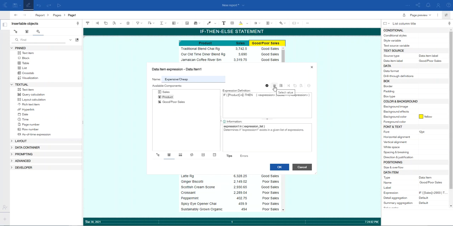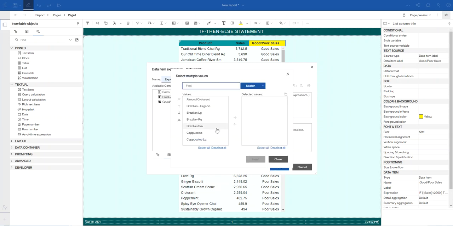As you can see, you have select value, and here we have select multiple values. Anytime you're using in, you have to click select multiple values. We're just going to select anything that has syrup. So caramel syrup, chocolate syrup, and hazelnut syrup.